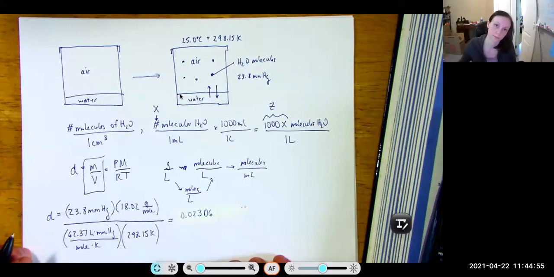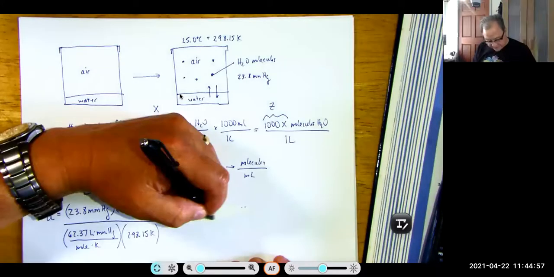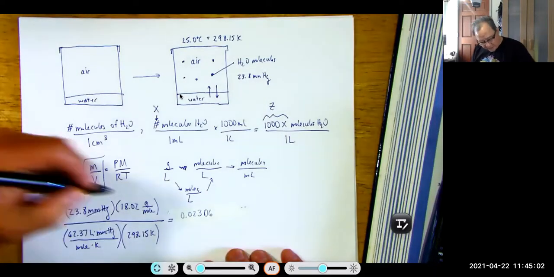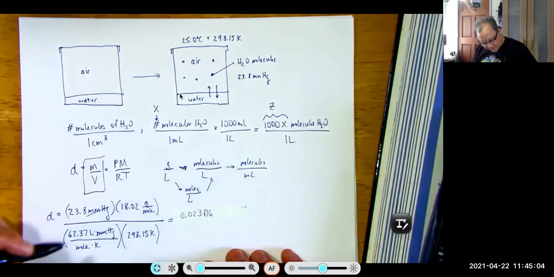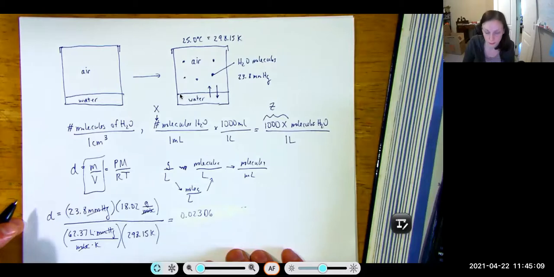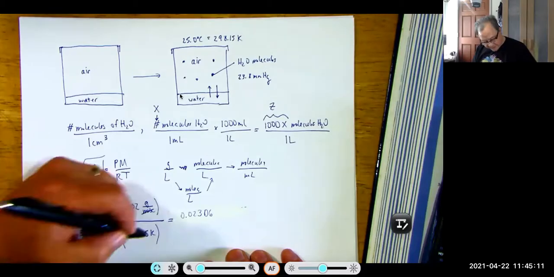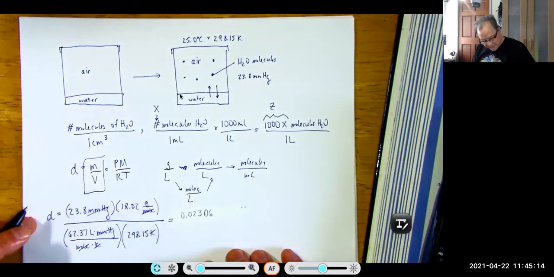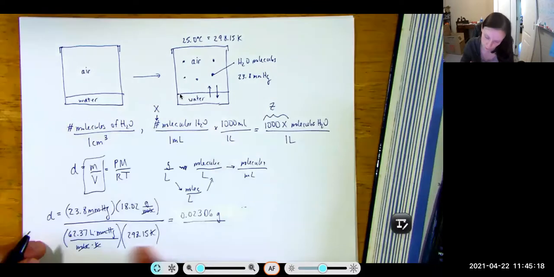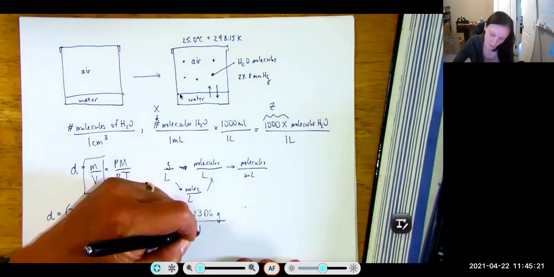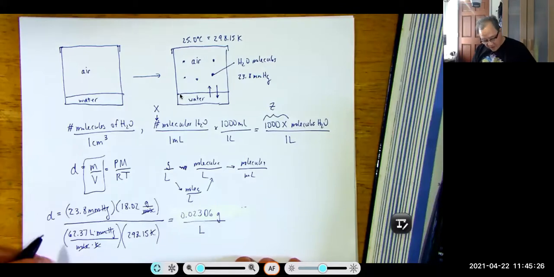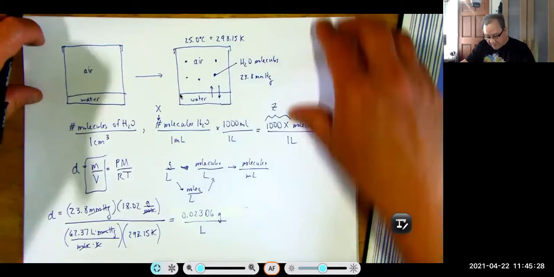Okay, so what are the units here? Grams per mole. No, don't the moles cancel? Oh yeah. And don't the K's cancel? Right. And the grams do not cancel. But in the bottom, the liters don't cancel. Oh yeah, that's what we wanted. So we got grams per liter, and now we're going to go on the grand journey of getting molecules per